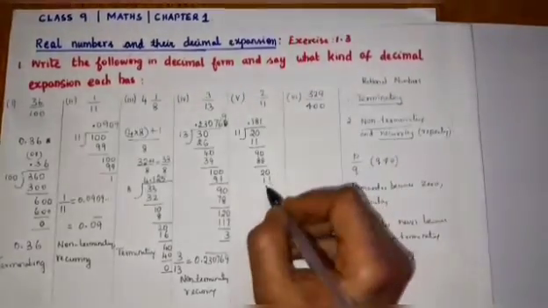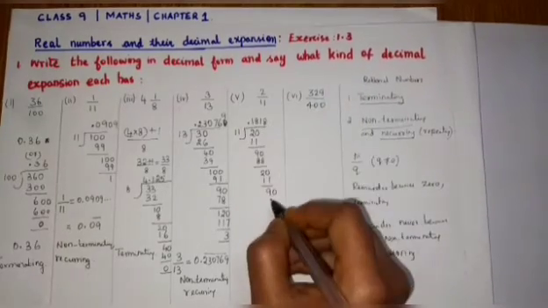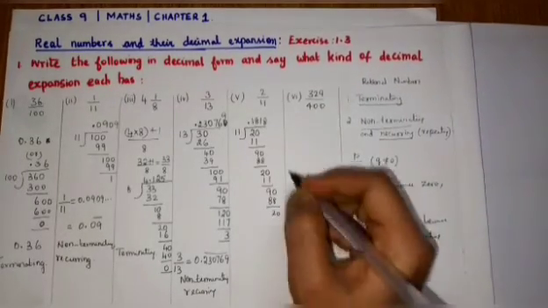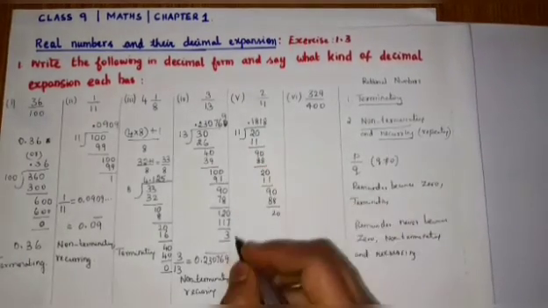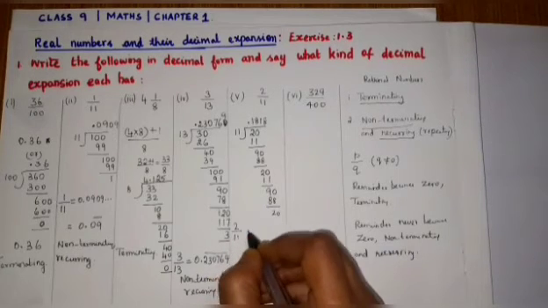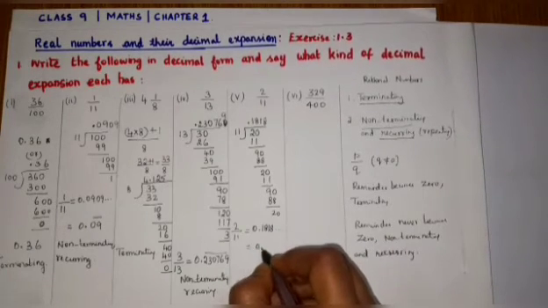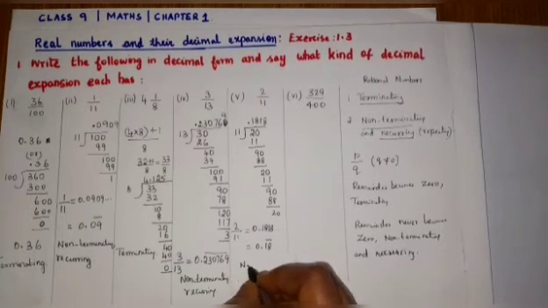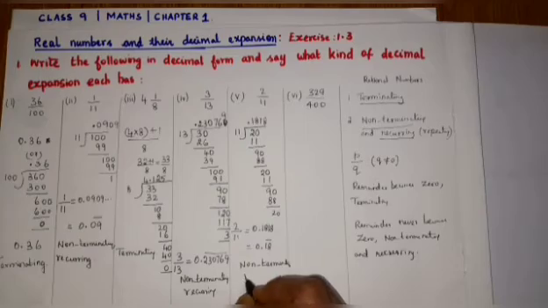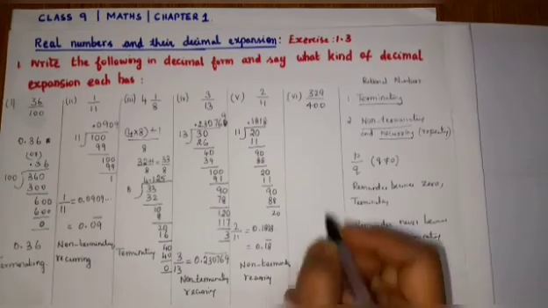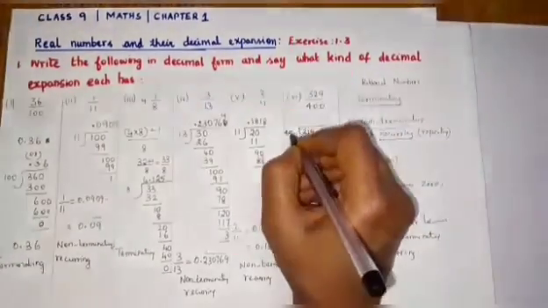This will repeat. Therefore again 90, 8 11s are 88. Again 2 will come. Therefore this 18 repeats itself. It never ends. Therefore this number you write 0.1818 going on. Therefore 0.18 bar. This number can be said to be non-terminating recurring. So the sixth problem is 329 you divide by 400.